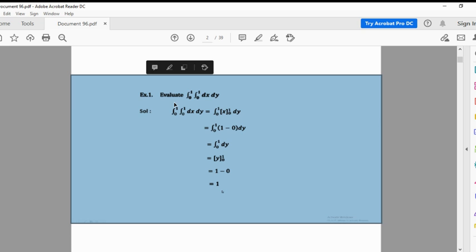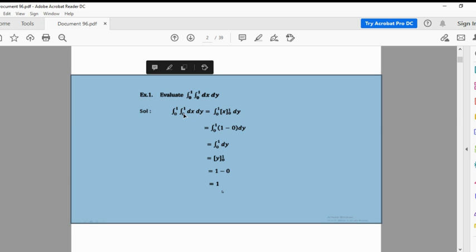Solve or evaluate integration from 0 to 1, again integration from 0 to 1 dx dy. Now here f of xy is not given. So consider f of xy is equal to 1. If you consider f of xy is equal to 1, then what is the integral of 1 dx? So consider integration from 0 to 1, integration from 0 to 1 dx dy. So integration of 1 is x. So this integration from 0 to 1 dx is nothing but